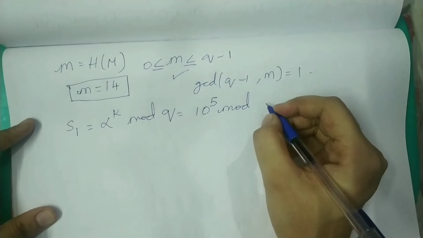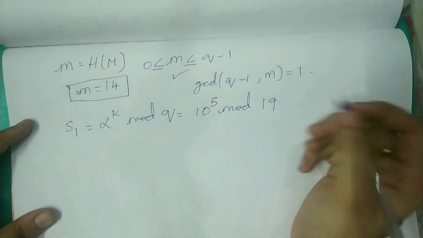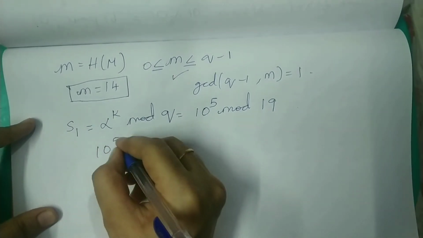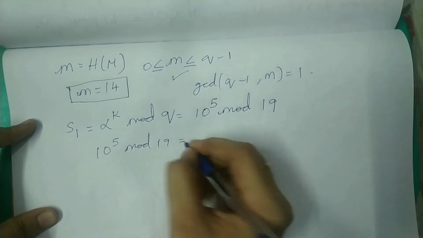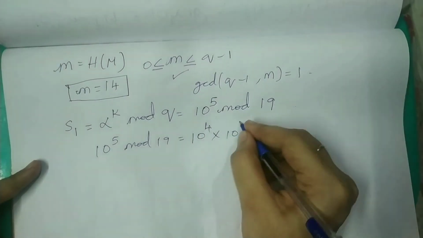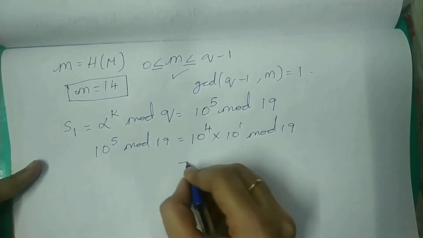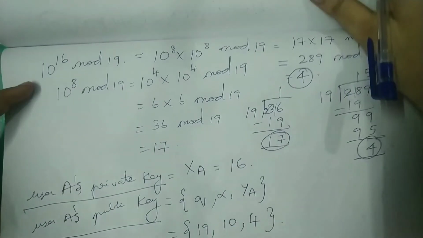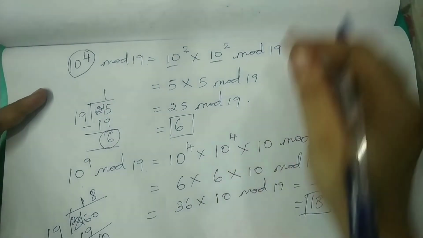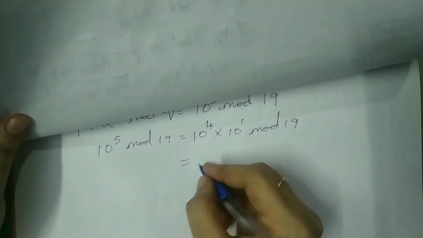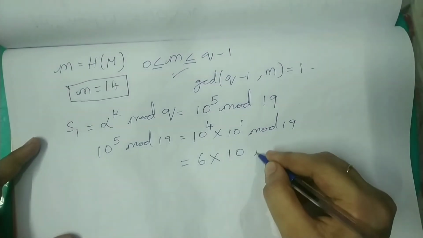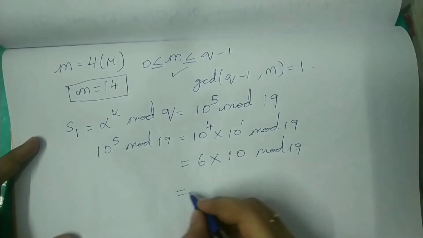Mod the Q's value, which is 19. So 10 to the power 5 mod 19 we need to solve and find the answer. We can write this as 10 to the power 4 into 10 to the power 1 mod 19. For 10 to the power 4 mod 19, we found that the value is 6. So 6 into 10, since 10 to the power 1 is 10 mod 19, which is equal to 60